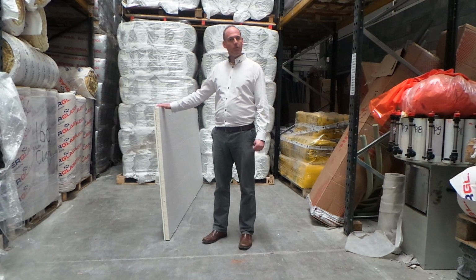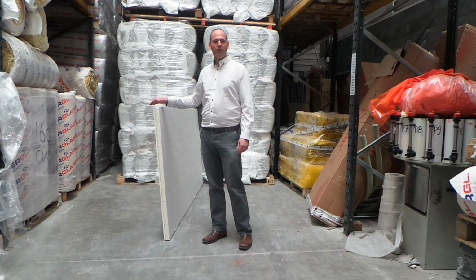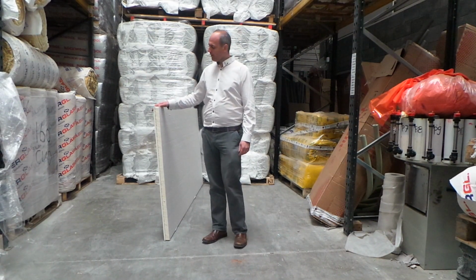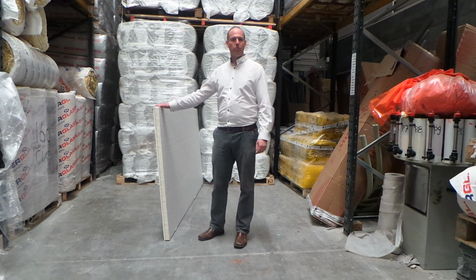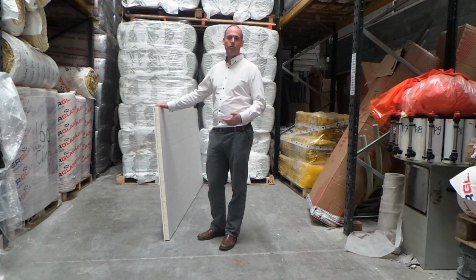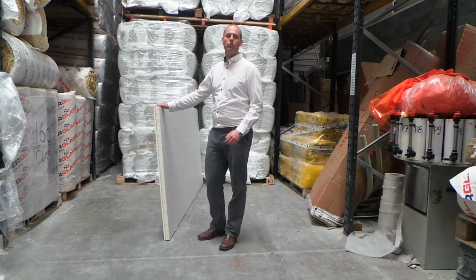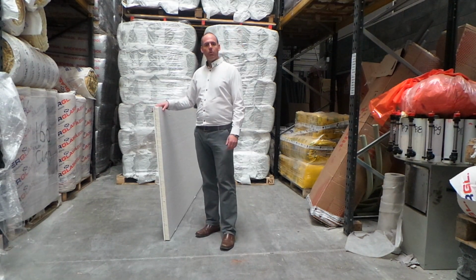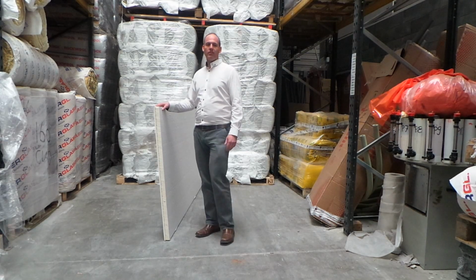This board is very similar to the Celotex PL4000, also very similar to the Ecotherm Ecoliner. These boards come in various thicknesses from 29mm right up to 102.5mm. So for instance, you have a 29mm, 37.5mm, 52.5mm, 62.5mm, and so on in 10mm increments right up to 102.5. Thicker boards can be manufactured on request, but these would be special order, so you need to ring in advance